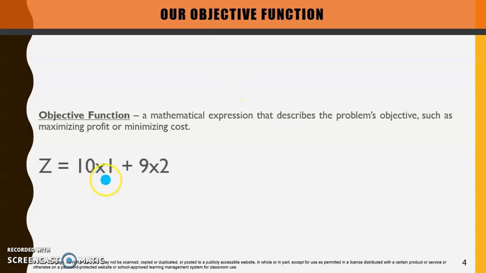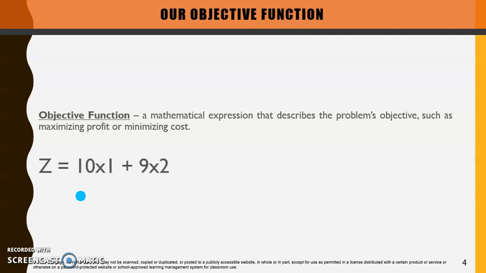It is very obvious that in our case, the objective is maximizing the profit. We don't know how many standard bags, how many deluxe bags, but we know for each standard bag the profit is 10, and for each deluxe bag the profit is 9. So the total profit would be 10 times x1 plus 9 times x2. You experienced it. You just did it in the previous section, if you remember, with the numbers 15 and 30. It is exactly the same thing, just instead of putting fixed constant numbers, now you are putting your decision variables,